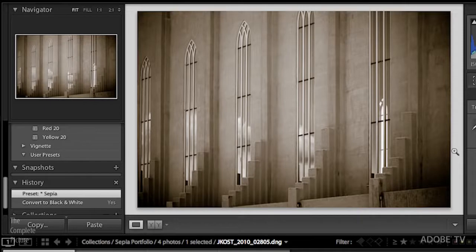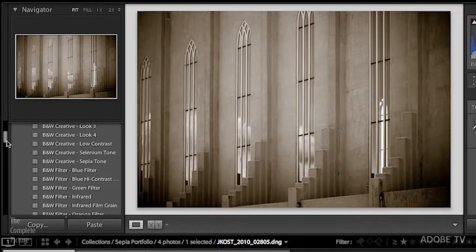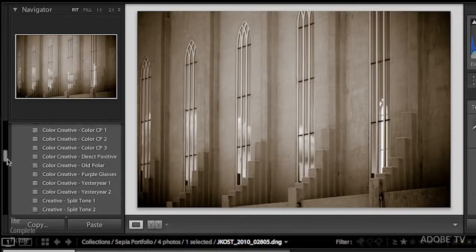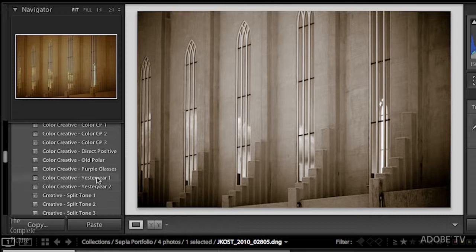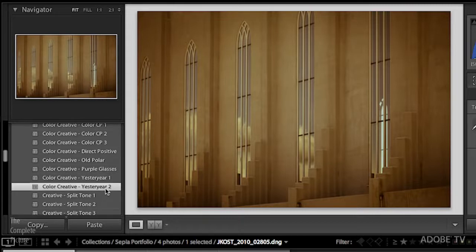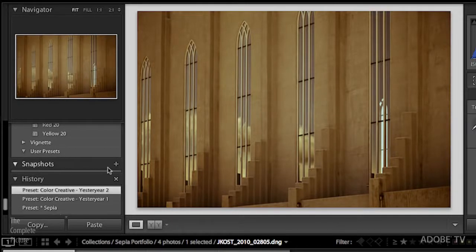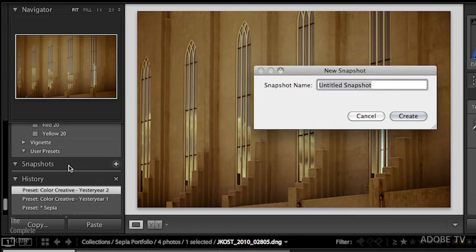And when I make changes, let's go ahead and make a big change. Let's use one of the Lightroom presets, and there are some crazy ones that make huge changes, like the yesteryear. All right, let's add one of those. So now we can see we've made a huge change to the image. In fact, yesteryear 2 has a little vignette we can add as well. So once we get to a point that we like, we're thinking, hey, this is the best version of this image, I might want to come down here and take my snapshot. So you simply click on the plus icon and then we name it. We can call this one yesteryear so that we remember that we added that preset to it,